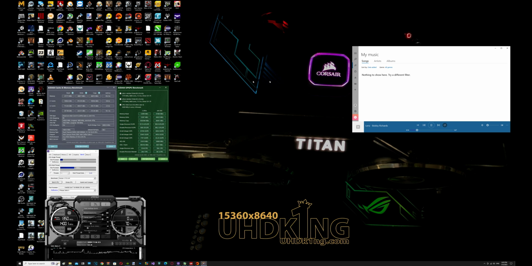My name is UHD King, or I play 4K, I play 8K, I play 16K, and during this video I'm going to show you how to unlock FPS in Crysis 2 PC game all the way to 1000 FPS plus on a single video card, or in my case I'm going to use two video cards in SLI,